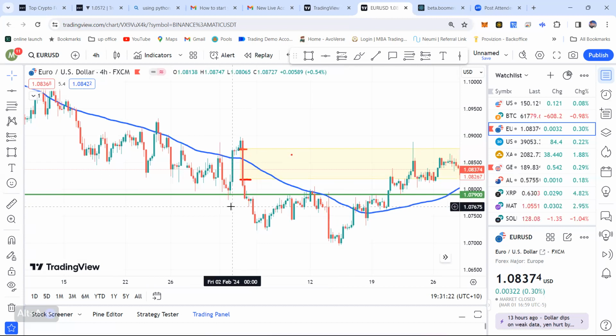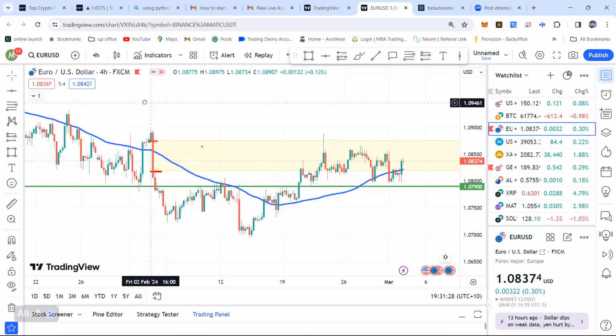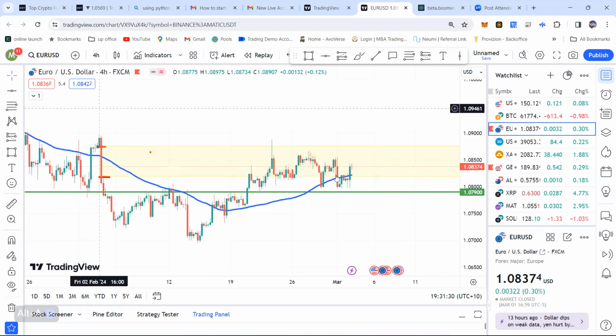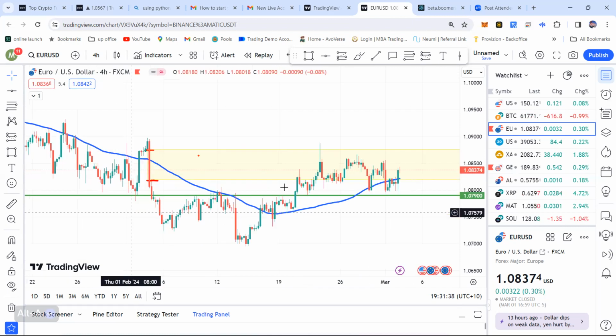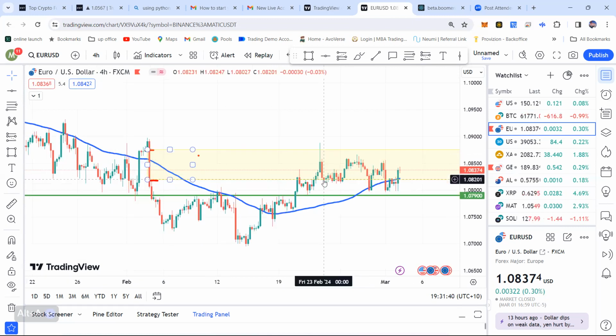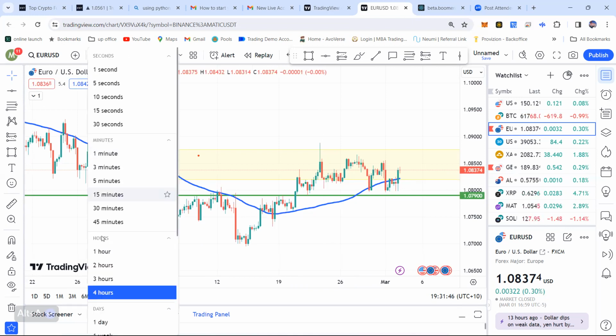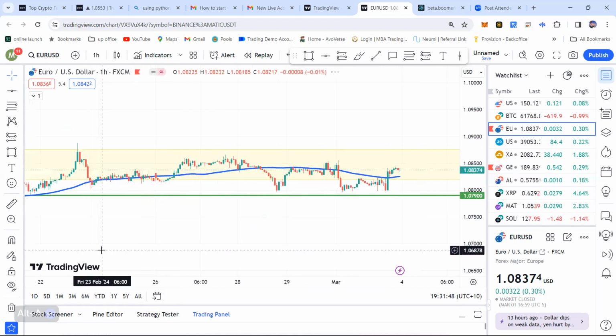Very interesting. And so then we can start to, at the moment where the market is now, we've already mitigated this 4-hour fair value gap. So it's not playing a part in any of our calculations now because we have fully mitigated it. But if we then drop down to the 1 hour time frame,